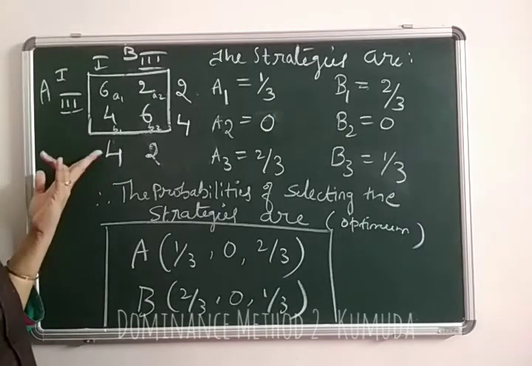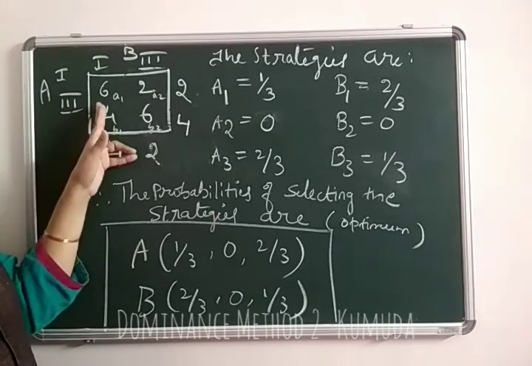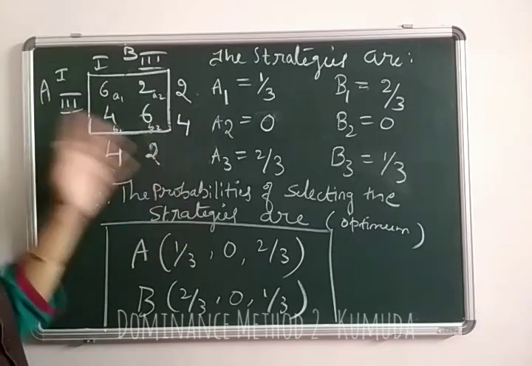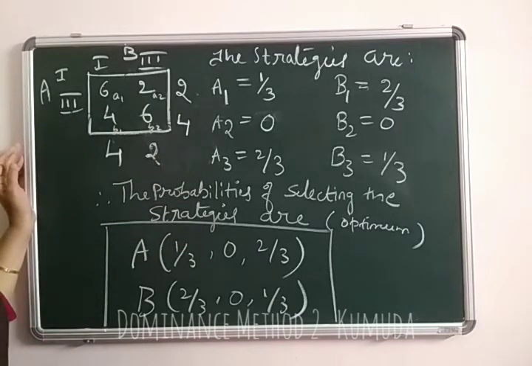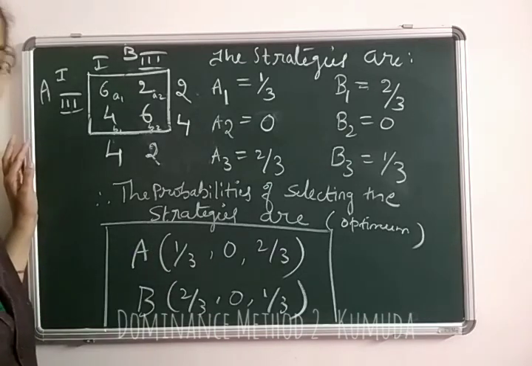Again, check for the saddle point. No saddle point, we apply the odds method. Odds method, again we find the row differences and the column differences, that is called as odds, and then apply the formula for value of the game and the respective strategies for the player X also and player Y also. This completes the question. Thank you.